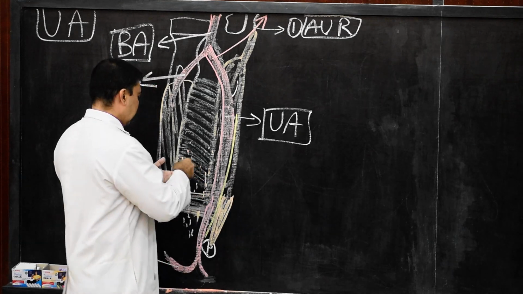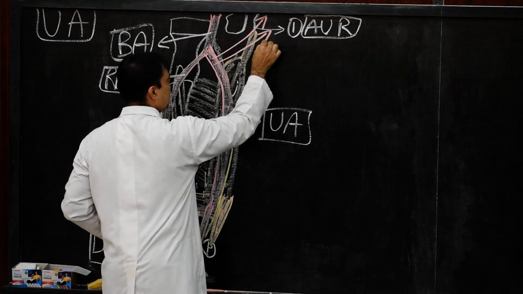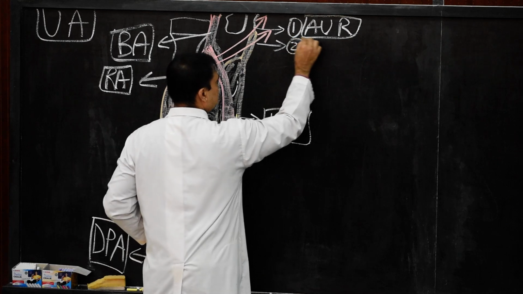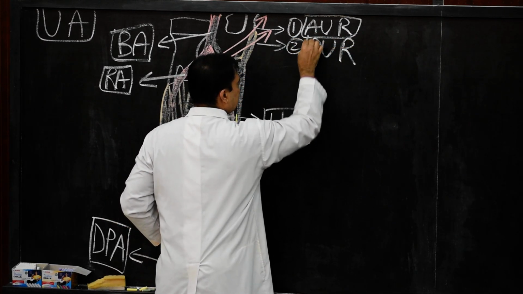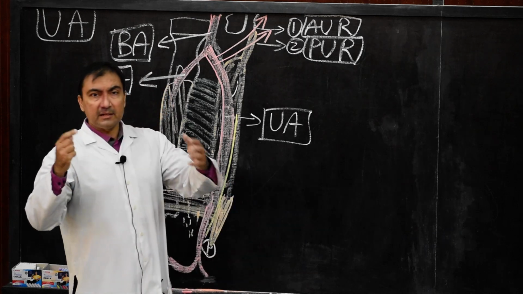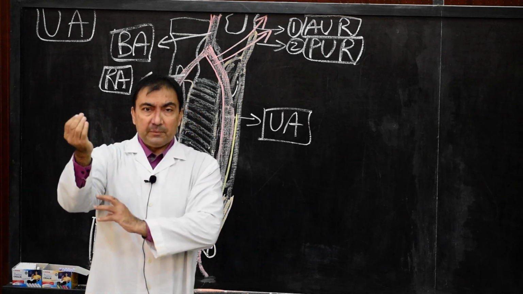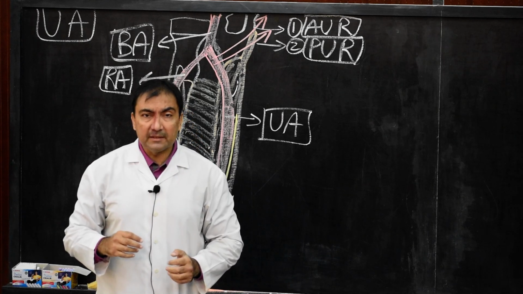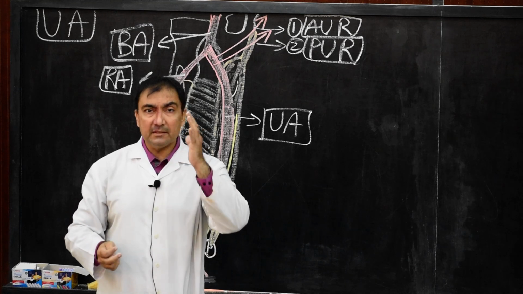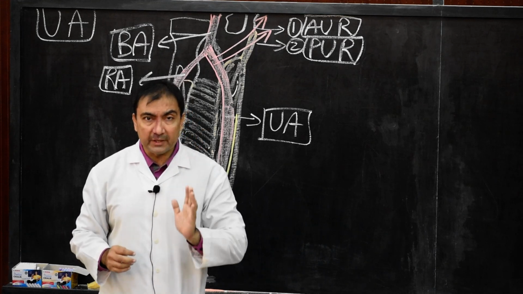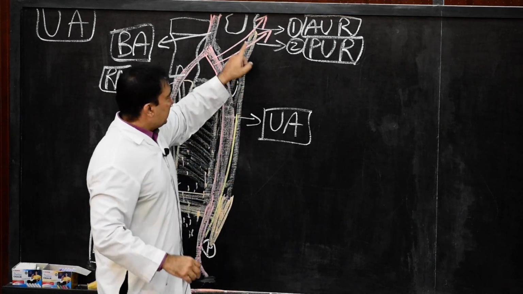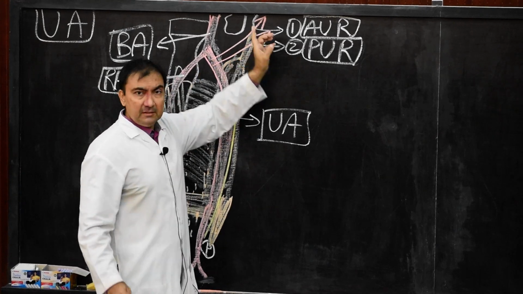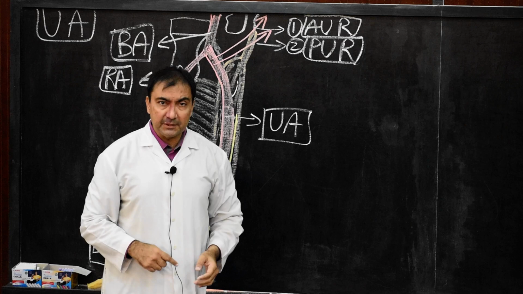Second branch will be below the anterior ulnar recurrent. The name of this branch will be posterior ulnar recurrent artery, and this posterior ulnar recurrent artery will pass posterior to the medial epicondyle, where it will anastomose with the superior ulnar collateral artery. So it will also take part in the anastomosis at the elbow joint. So in short, anterior ulnar recurrent artery will travel in front of medial epicondyle of the humerus. The posterior ulnar recurrent artery will travel behind the medial epicondyle of the humerus.